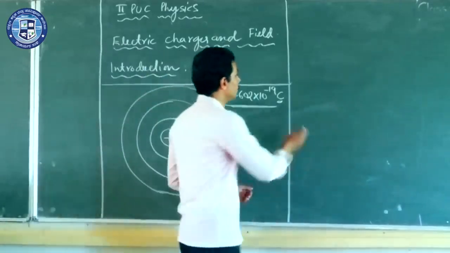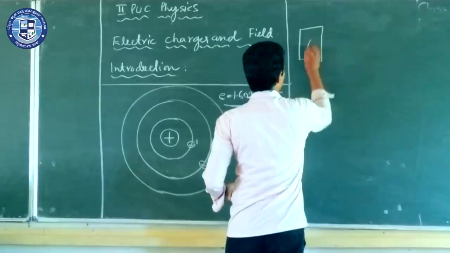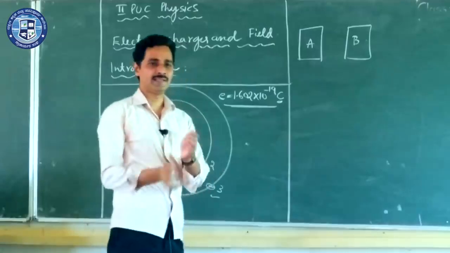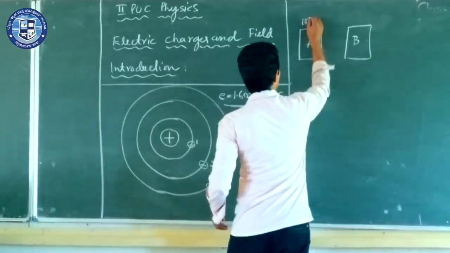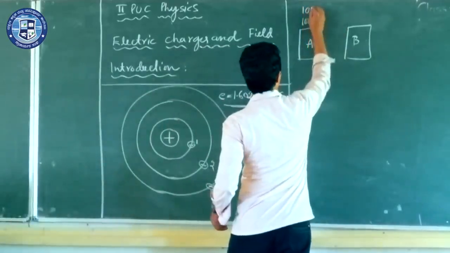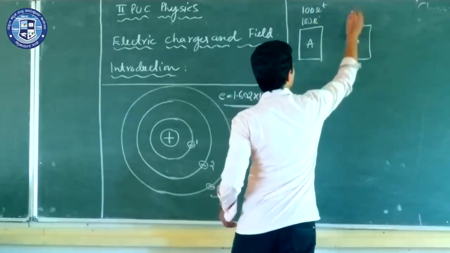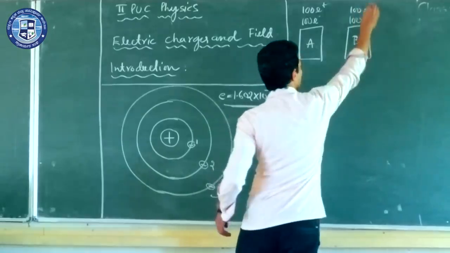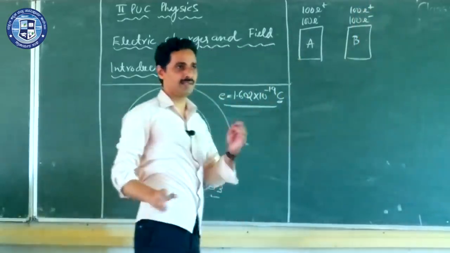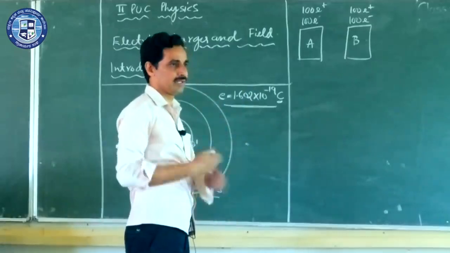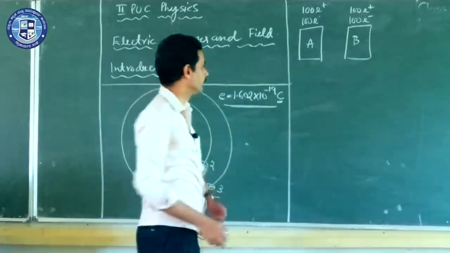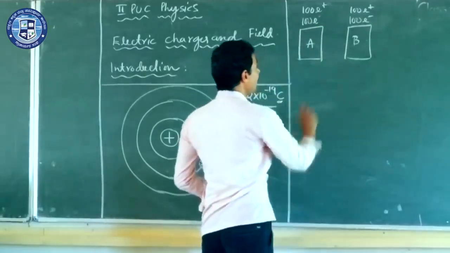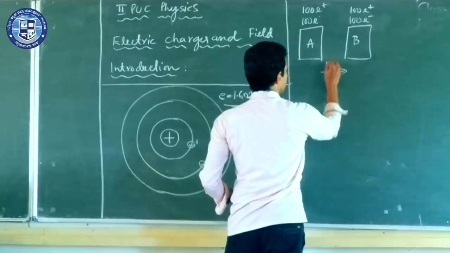Imagine that I have two objects, object A and object B. I rub them against each other. Originally this was having 100 electrons and 100 protons, say. And say this is also having 100 electrons and 100 protons. This example is just for understanding purpose, not for examination. You should just have knowledge of how it is getting charged. Now, because these numbers are very odd numbers. Okay, now, after rubbing, suppose 10 electrons move from A to B.